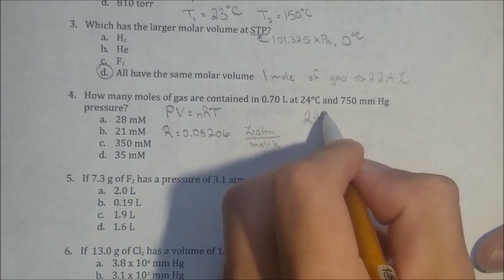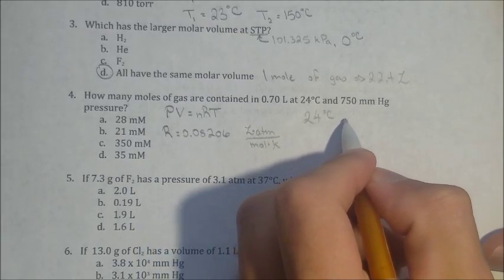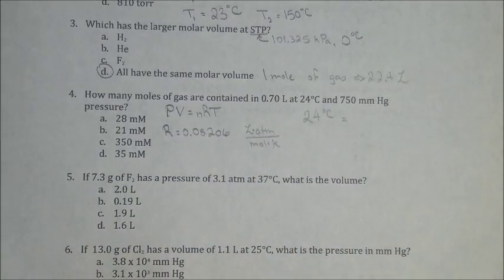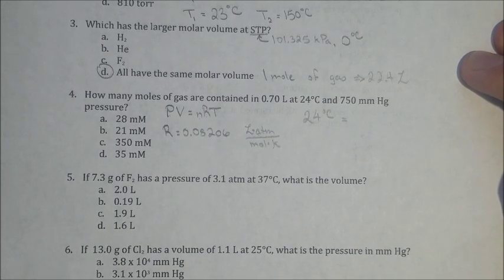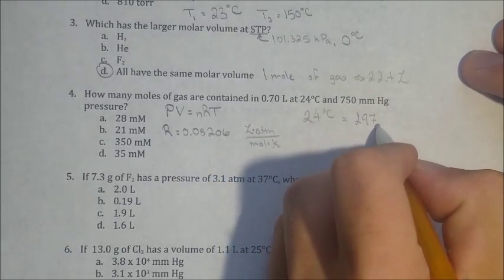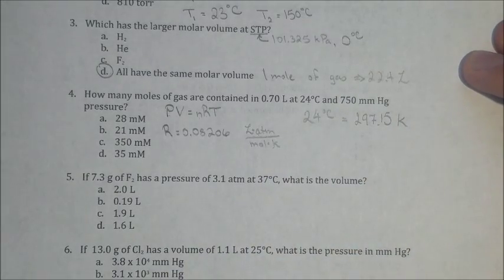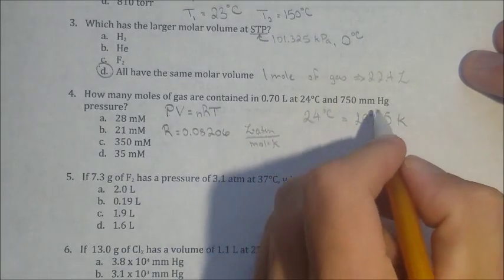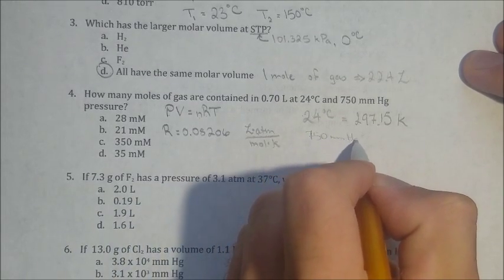24 degrees Celsius in Kelvin is going to be 24 plus 273.15, and so that temperature turns out to be 297.15 Kelvin. So now we have Kelvin, and 750 millimeters of mercury, so then 750 millimeters of mercury